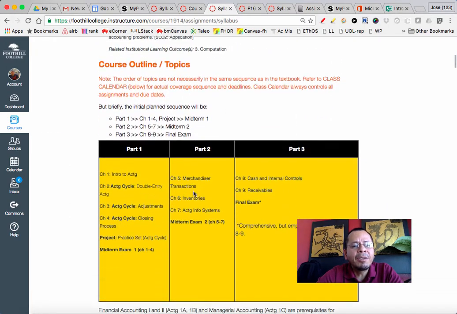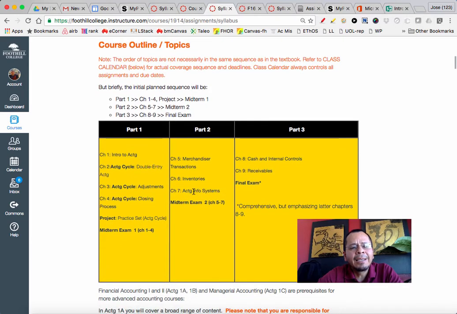Here, you're given a little glimpse of the progression of your class. In the first few weeks in Accounting 1A, you're going to be covering chapters 1 through 4 and the project, and then you get to midterm exam number 1. Part 2 of the class will be chapters 5 through 7, then midterm 2, and finally at the end, chapters 8 and 9, and then you have the final exam.